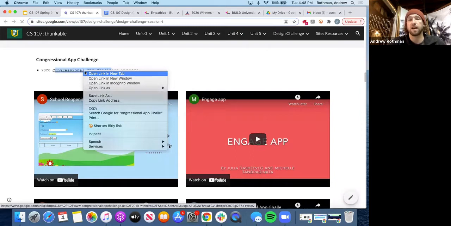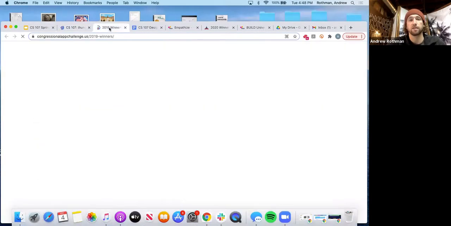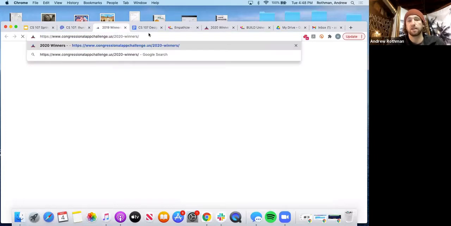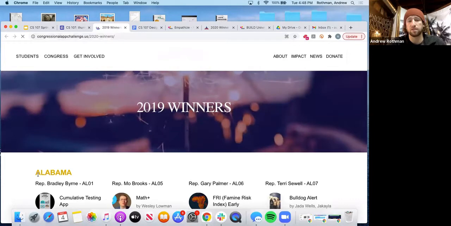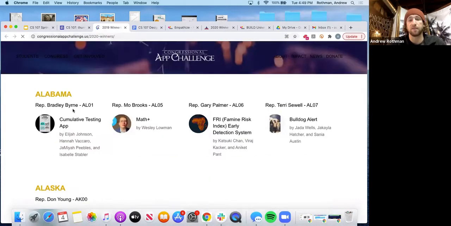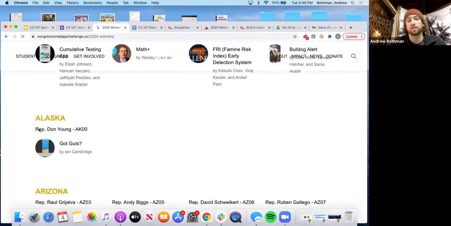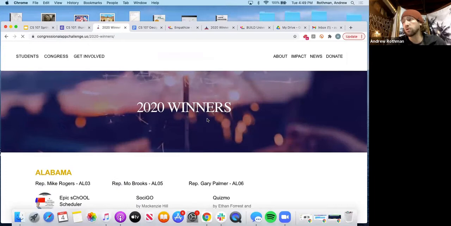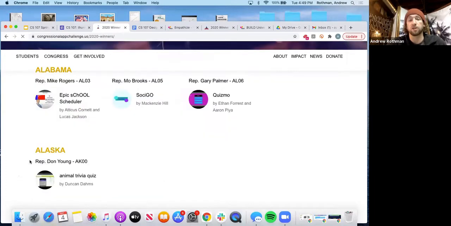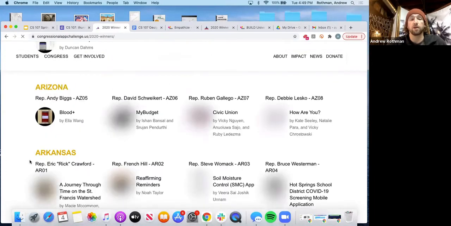It's called the Congressional App Challenge, and a lot of it is by House of Representatives district. Maybe half of the House of Representatives participate, but many districts run this, so you can see what people going through a similar challenge, or students generally a little younger than you, built.